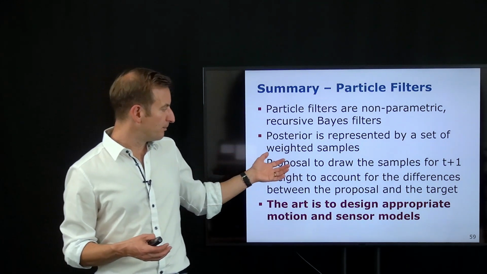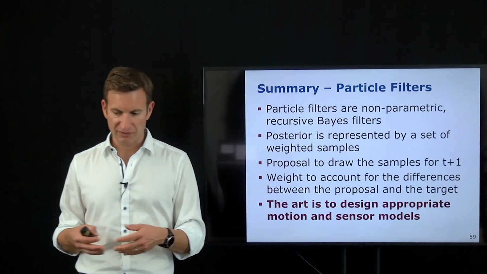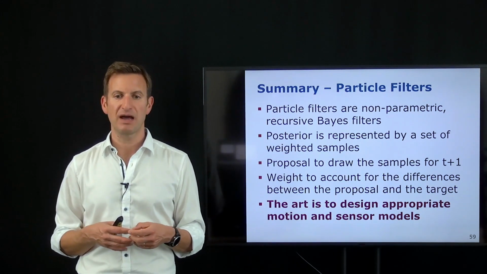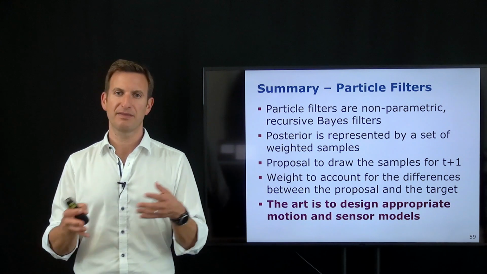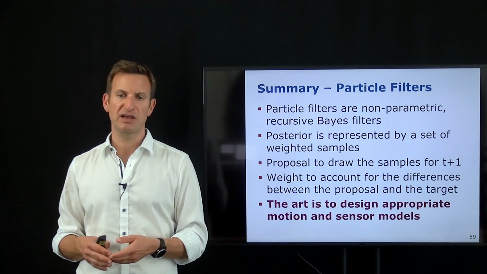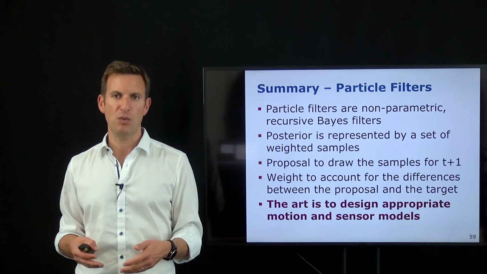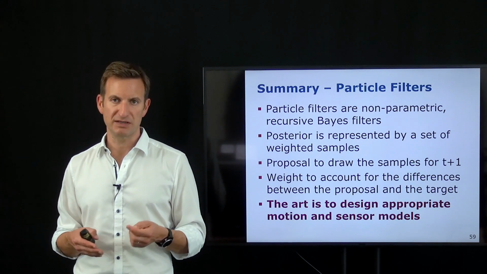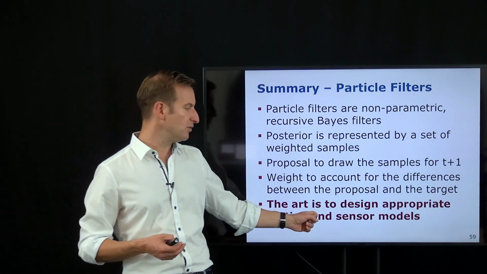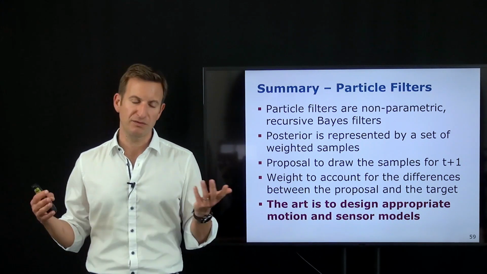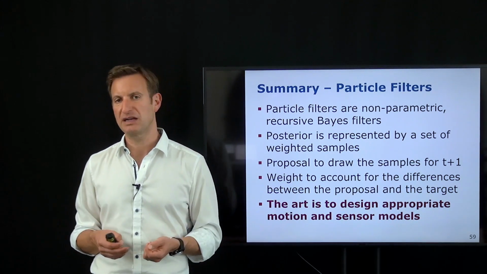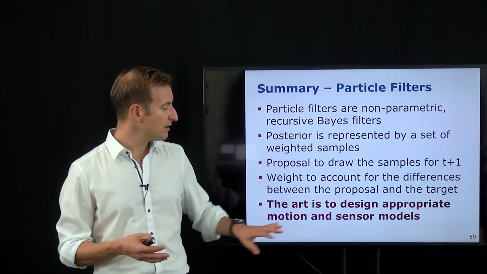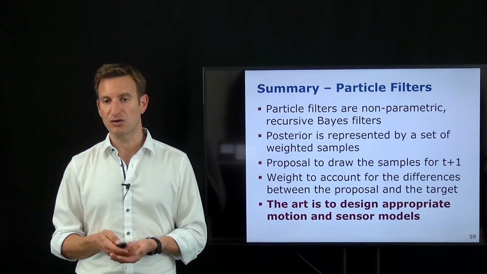We typically draw samples from a proposal distribution that takes the belief at the current point in time and advances it to the belief at the next point in time. In order to account for the fact that the proposal distribution is not the target that I want to estimate, I need to take the difference into account through a weight, which is given by the target divided by the proposal distribution. So if you implement your own particle filter and use it for a real-world system, you need to make sure you have appropriate motion and sensor models. Of course, if you screw up your motion and your sensor model, which are the user-defined choices in here, then your system will not do a good job in estimating your state. But if you do that well, the particle filter is a very robust technique.